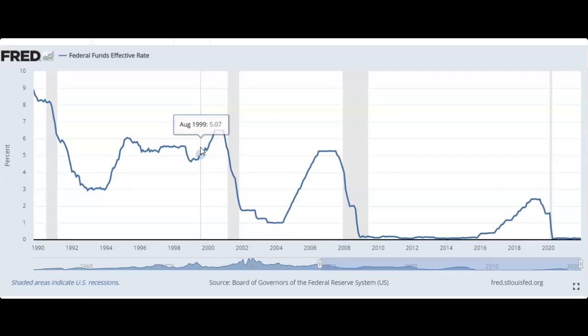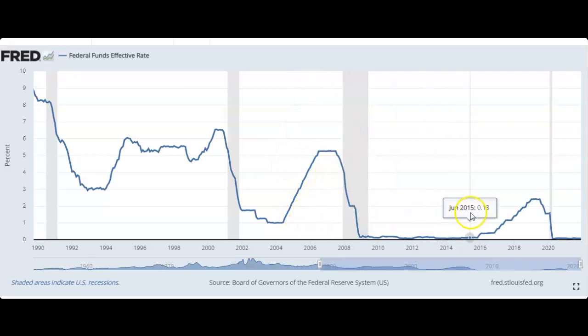But this chart that I have up is the federal funds effective rate going back approximately 30 years. What I want to do is look at market charts in these raising cycles, and the two in particular that I want to focus on is this tightening, or this period right here where rates went up right before the internet bubble, and this period right here when it went up right before the financial crisis. So right before these two major market tops is what I want to focus on.